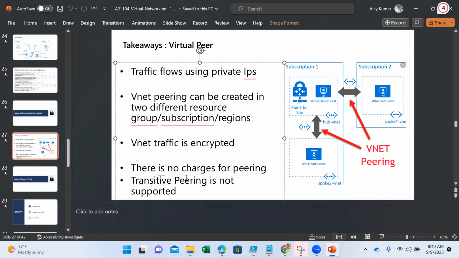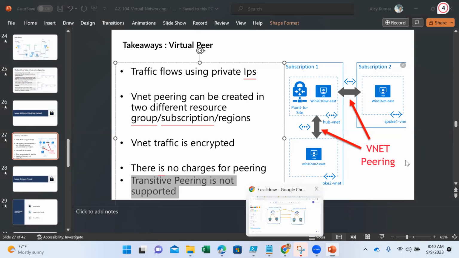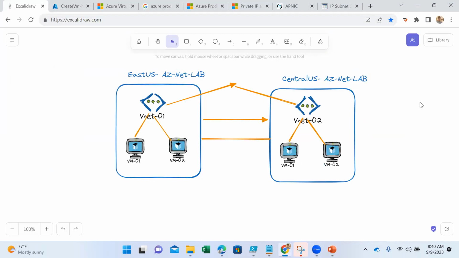And there are no charges for the peering. The last but not the least, transitive peering is not supported. What does it mean? Have you guys ever, or anyone from the